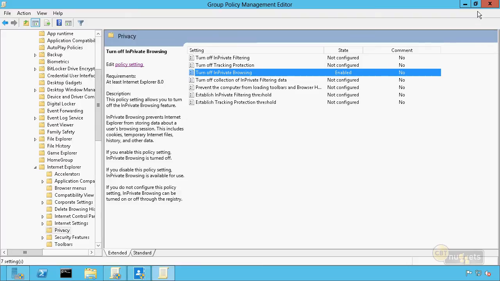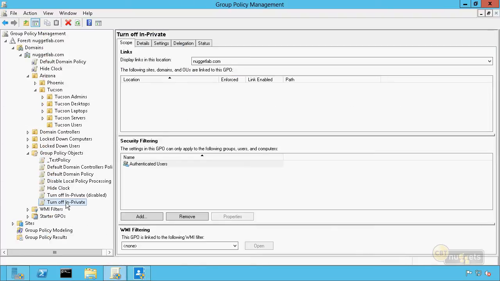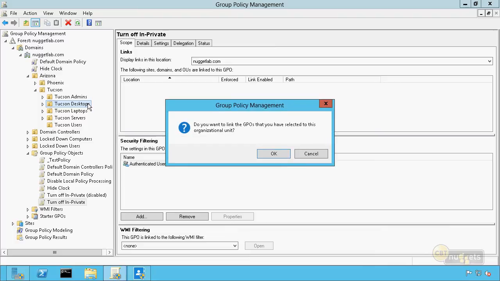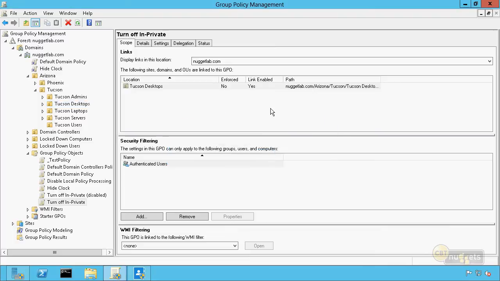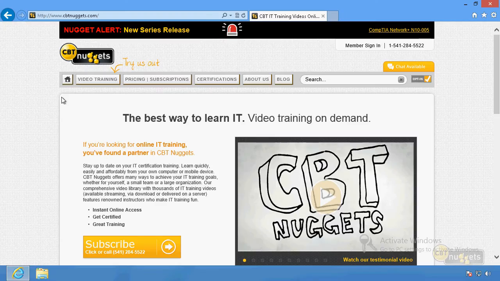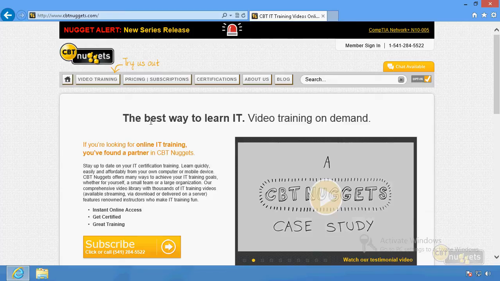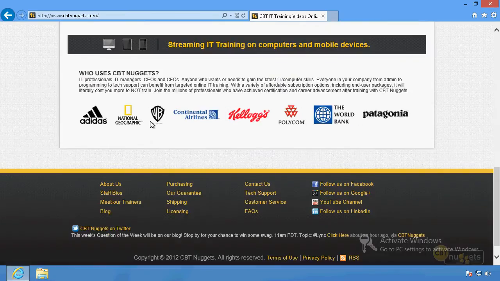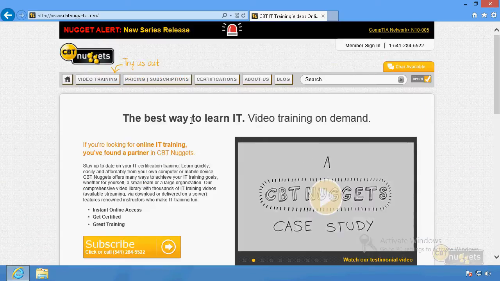And then I'm going to close this up, and I'm going to link this to the Tucson desktops where I've got my Windows 8 computer. And now let's go ahead and see if we can use in private browsing there. So to begin with, I don't think that policy's refreshed yet over here on my Windows 8 client computer. So as I go on down through here, we can see that we are able to access the